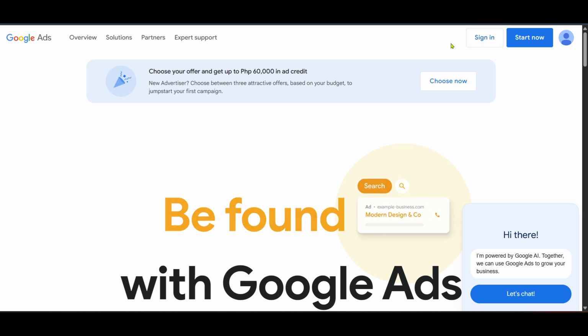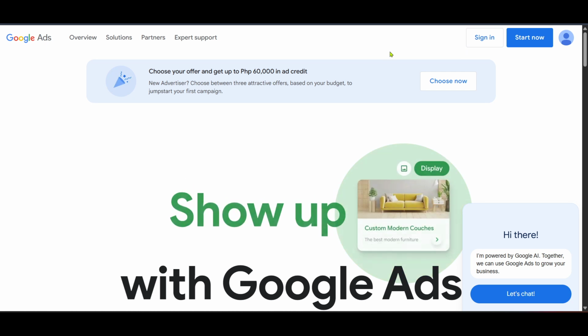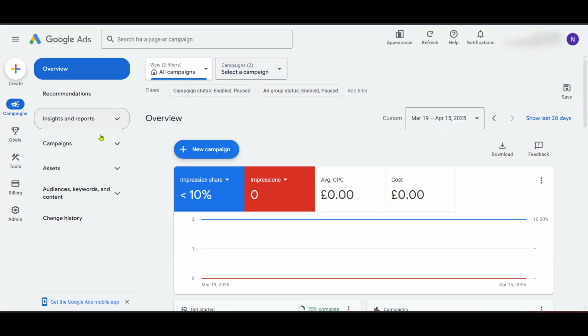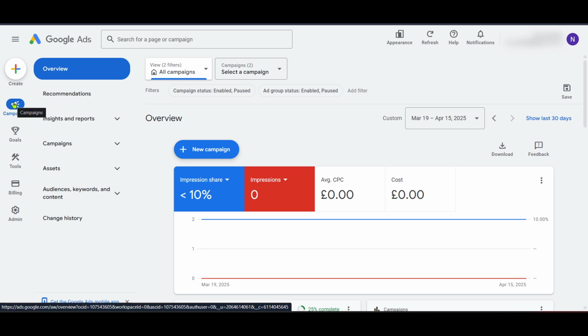After signing in, you'll land on the Google Ads homepage. This is your control center for managing all aspects of your ad campaigns. Now that you're on the homepage, click on the Campaign option. This section is vital as it houses your marketing campaigns, each tailored to target specific audiences and achieve particular business